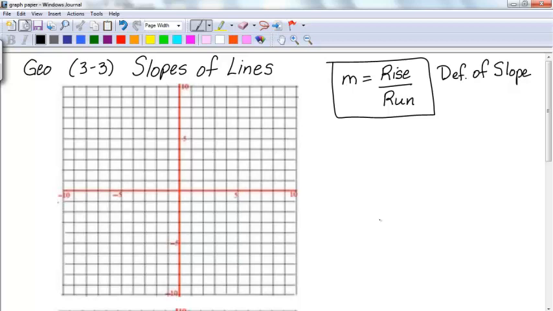Okay. Let's look at now on your paper. You're just going to do a sketch. You're just basically going to draw an X and Y axis. Okay, and let's say you put a point. Just go over 2 and go up 3 and put a point. Okay, then on the next one, go over to 4 and go up to 6 and put a point. Okay. Now, if we connect those with a line,